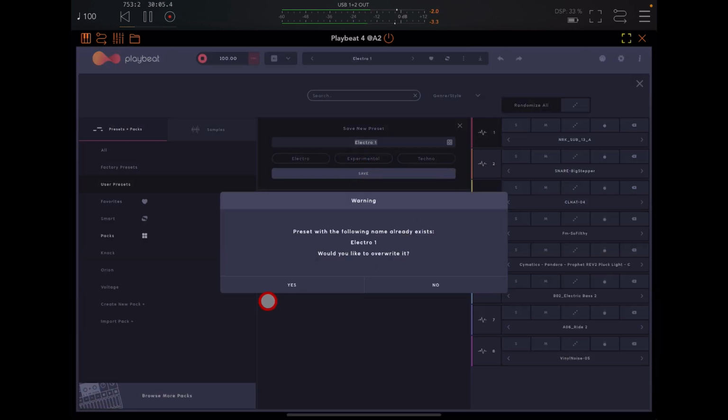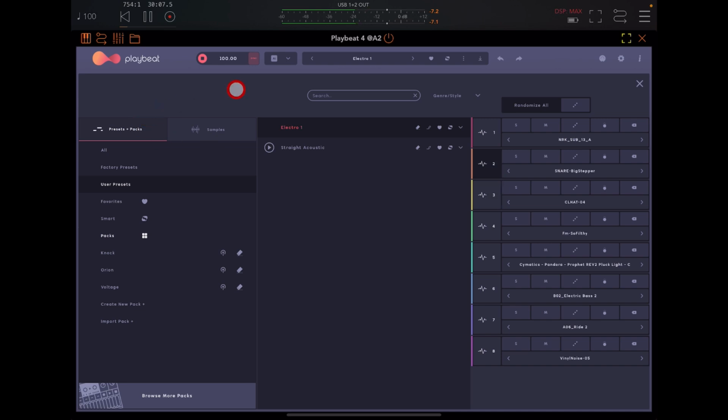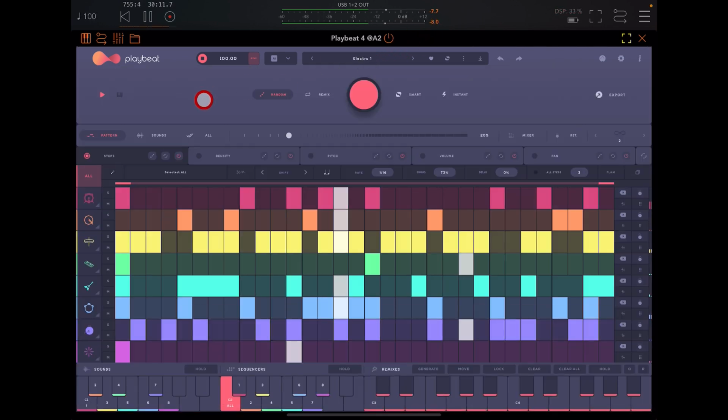Save. Yes. So in a relatively short space of time, you can import